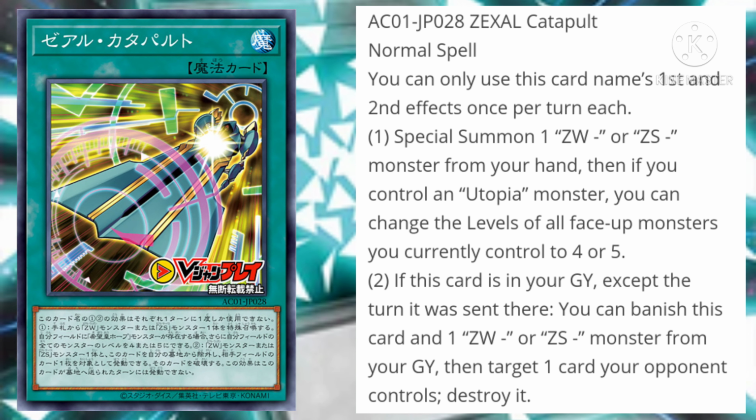And then if this card is in your graveyard, except the turn it was sent there, you can banish this card and one Zexal weapon or Zexal server monster from your graveyard, and target one card your opponent controls, destroy it. I'm glad that's a banishing effect. Well, kind of. I think that's a pretty solid effect. You have to also banish a Zexal weapon monster or a Zexal server monster, but if you're not using it at the time and you can't get the monsters back, I don't see the problem in having to banish it, and it's being able to pop a card on the field